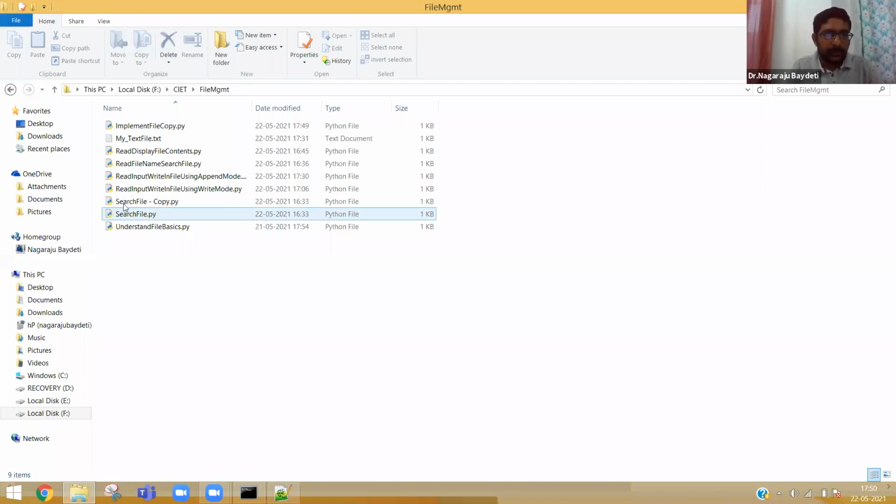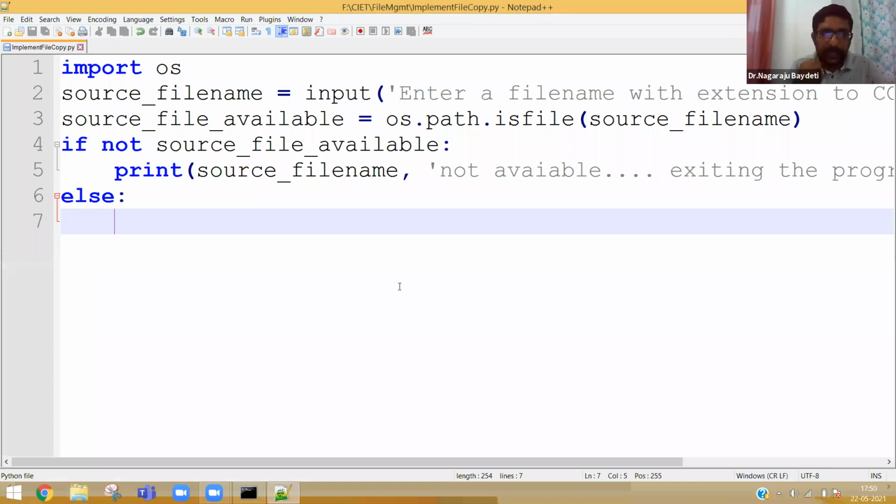Please observe this file. Search file is copied. So search file is also there. Hyphen copy, that is an extra word. .py is there. So what you need to do is you need to split the file name and extension. You know how to split. I already explained you for a string.